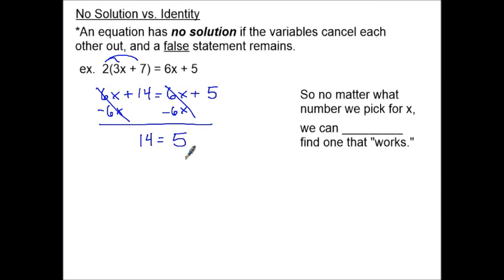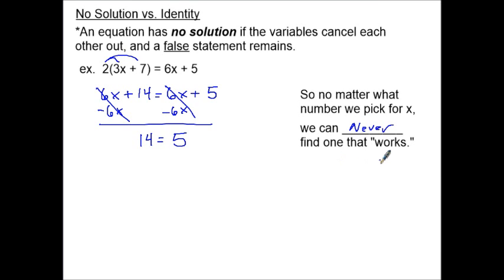Alright, and well, I'm pretty sure that 14 and 5 aren't the same thing, so that's just kind of a weird sort of deal. But what that means, as we can see up here, is it's no solution, because that's certainly a false statement that remains. And in a more English translation, I suppose, what we've got going here is no matter what number we pick for x, we can never